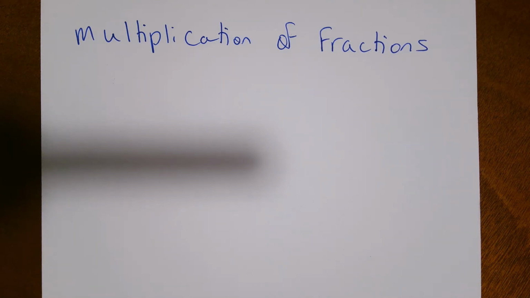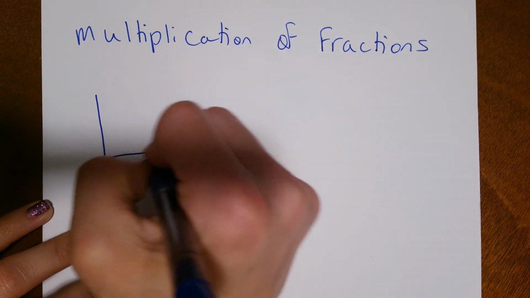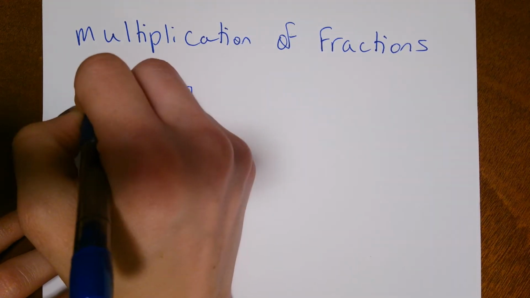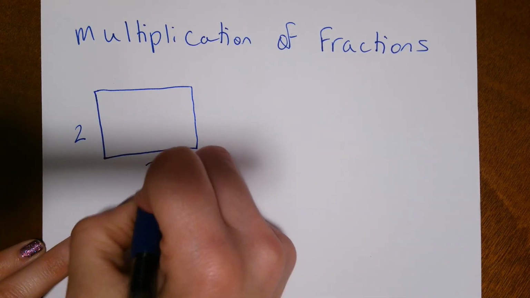Okay, so today we're going to look at two different interpretations of multiplication of fractions. The first one we're going to look at is geometric. So think about if we have a rectangle, let's say with a vertical height of 2 and a horizontal length